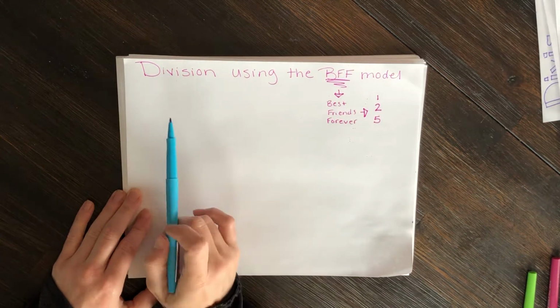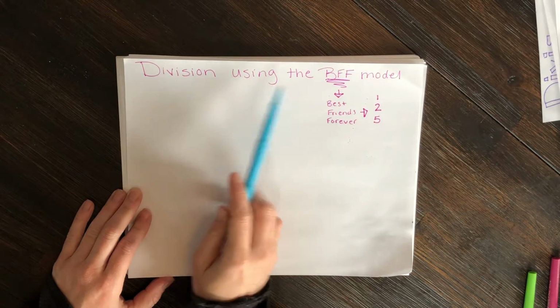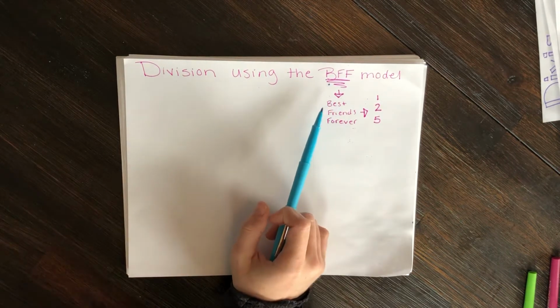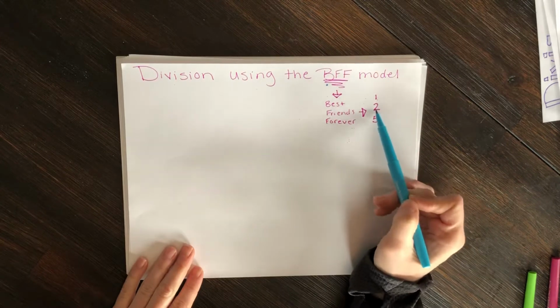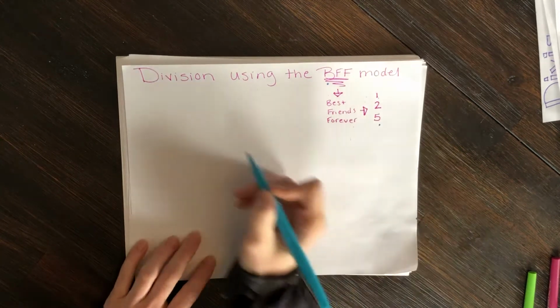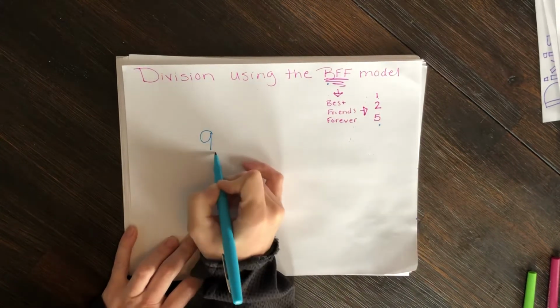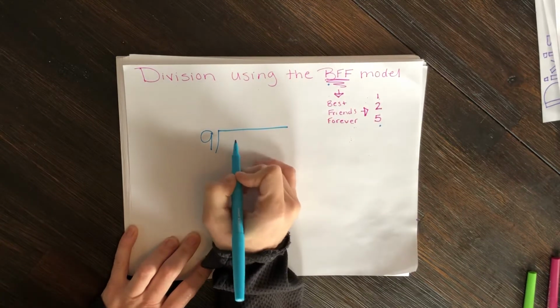Another division strategy that you might see your kids do is division using the BFF model. And I call it the BFF model because it's our best friends that we multiply by. It's 1, 2, and 5. So we're going to use 9. Again, this is the same we just did in the other video. I'm just using it again,